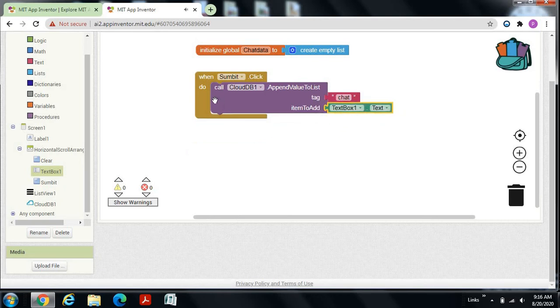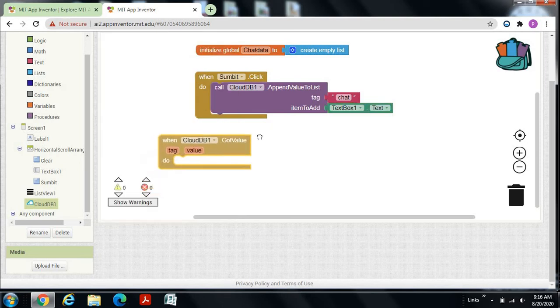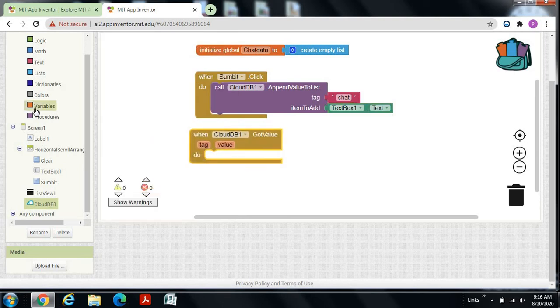Now for CloudDB, go to CloudDB1 and drag and drop the got value event, and set global chat data to. Go here, drag and drop set global chat data to, and make this get value.